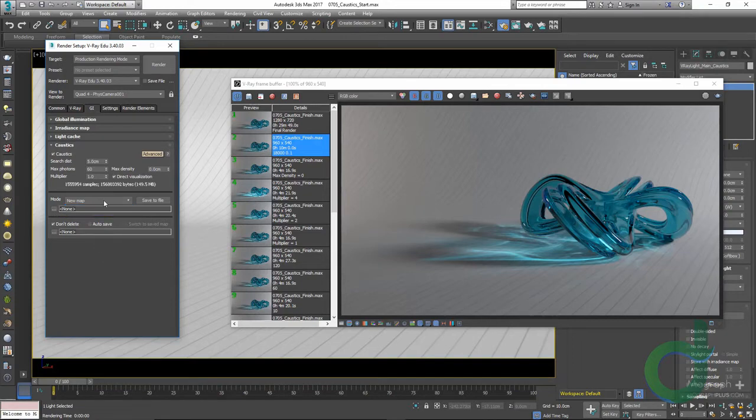And save to file saves out an already generated photon map in a file that you can later load using the from file mode and skip the calculation of the caustics map before rendering the final image. So when your render is finished, you can simply click this save to file and save the caustics, change the mode to from file and load this file that you've just saved, and render your scene without regenerating